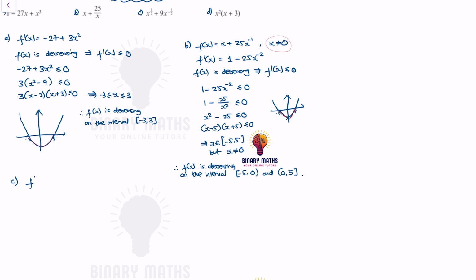Okay, f dash of x first is equal to half x to the minus a half. Again here, in this case, x is not equal to 0. Because we've got x to the minus a half, which means x is the denominator, x cannot be equal to 0. So half x to the minus a half, minus, when you differentiate it, you get minus 9 over 2 x to the minus 3 over 2,